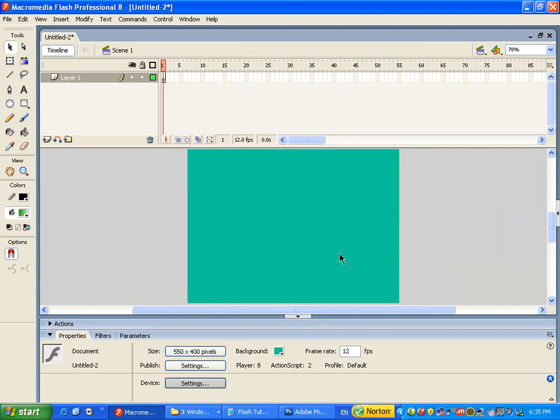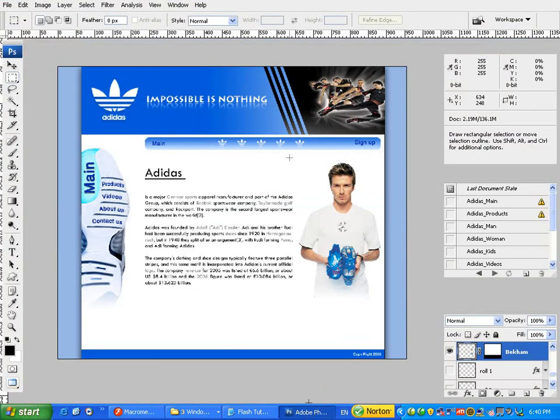But here is an important point. When you decide a property for your document, the important point is to know how to decide your movie dimensions. You have to refer to your original graphics for your web, so as to know, for example, this is the area of the banner that should be animated,